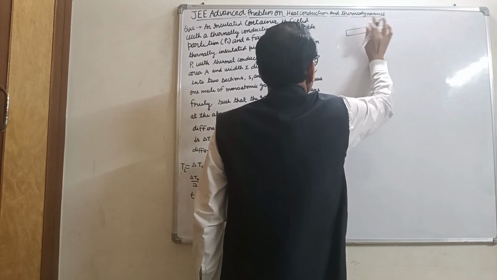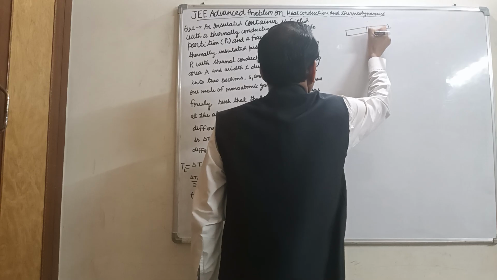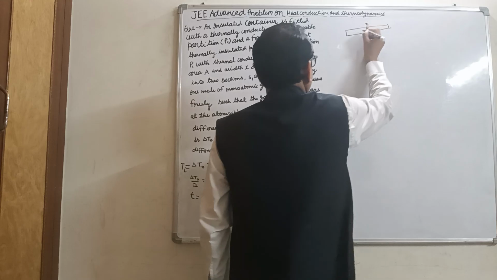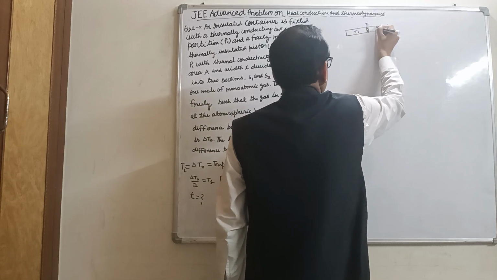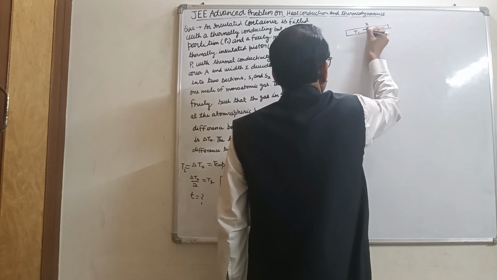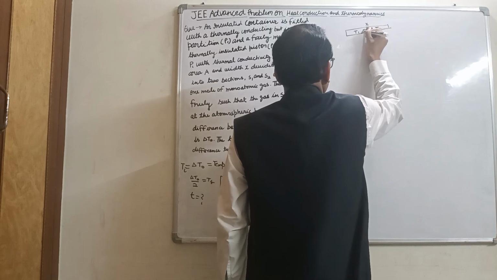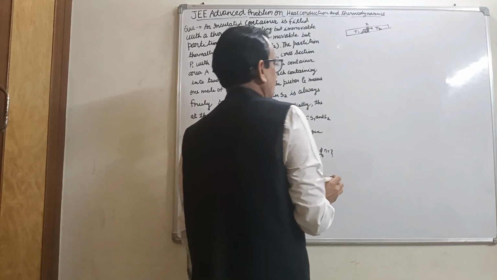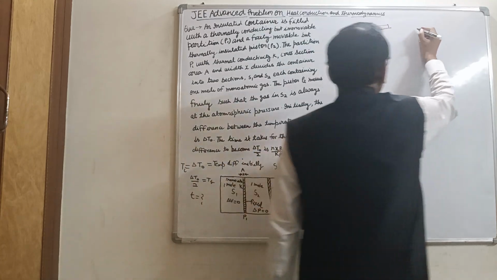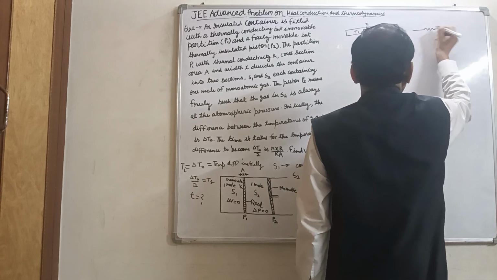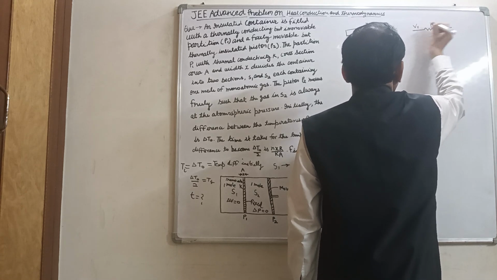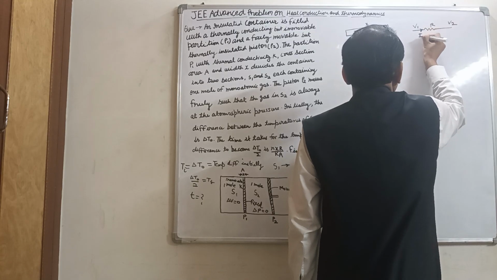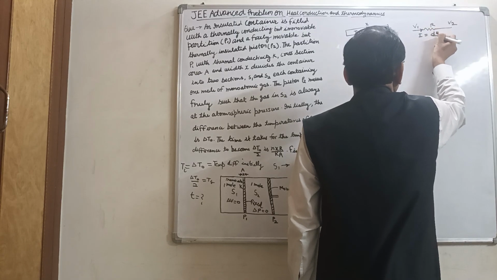This is a separation. This is a piston having distance x, and here the temperature is T1, here the temperature is T2, and heat is supplied here. Suppose dQ heat is supplied from this portion to this portion. Similarly, suppose this is a resistor, and here the potential is V1 and here the potential is V2, and the current is I, that is dQ/dt.